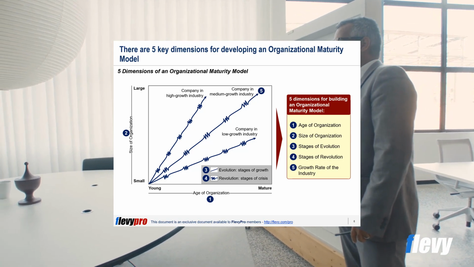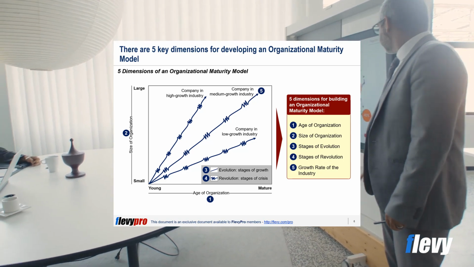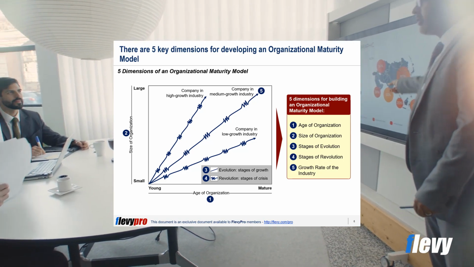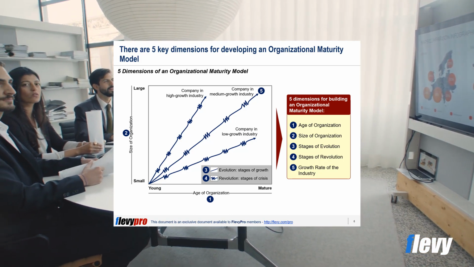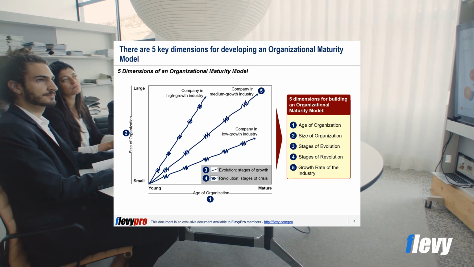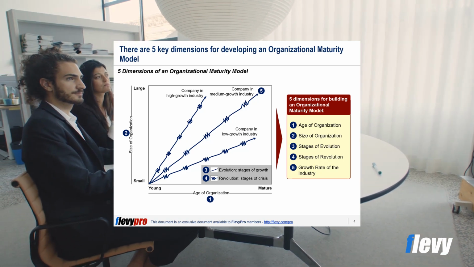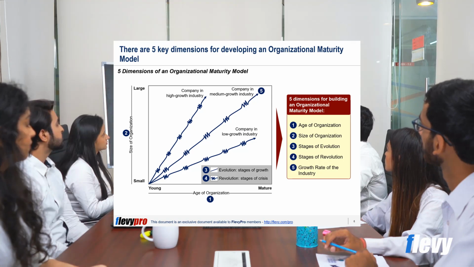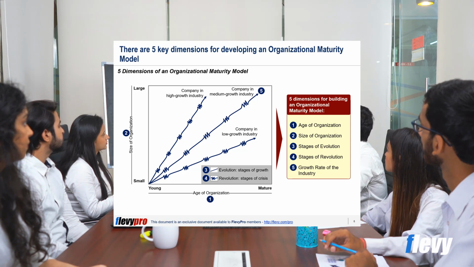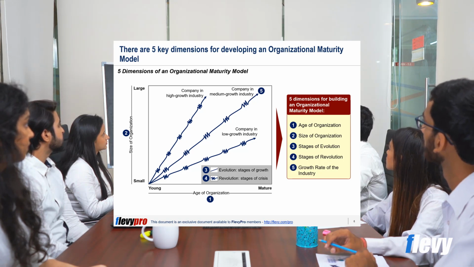In a follow-up video, we will be diving deeper into the Greiner growth model, where we break down how these 5 dimensions translate to 5 stages of organizational growth. For the Greiner growth model, at the end of each stage, there is a crisis, which provides the impetus for the following stage, assuming the organization successfully survives the crisis. As such, each stage is at once a result of the previous stage and a cause for the next stage.